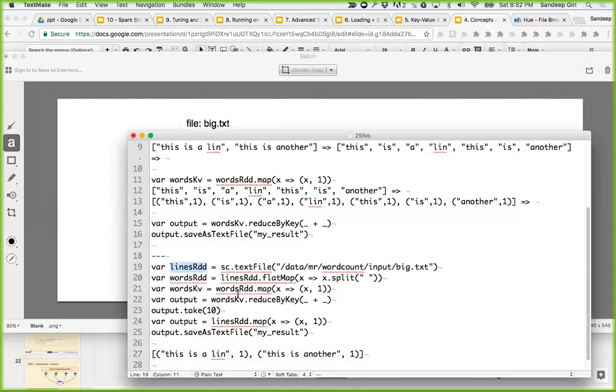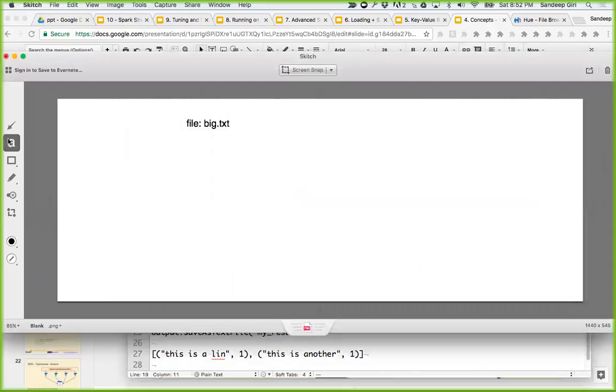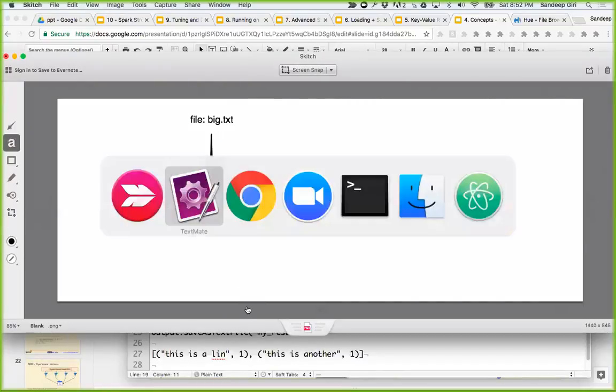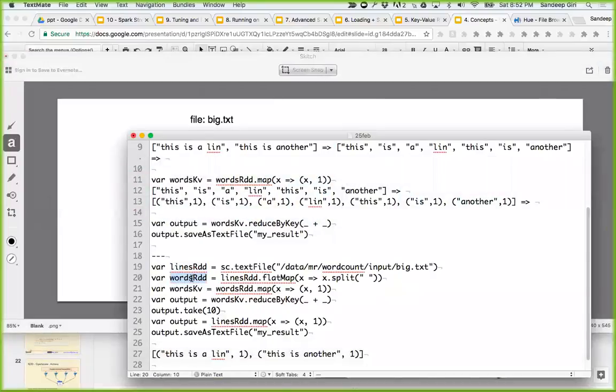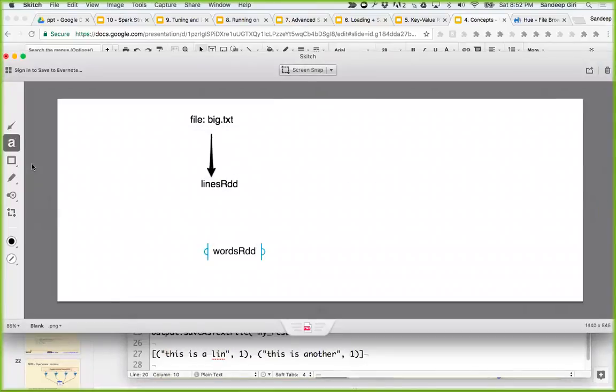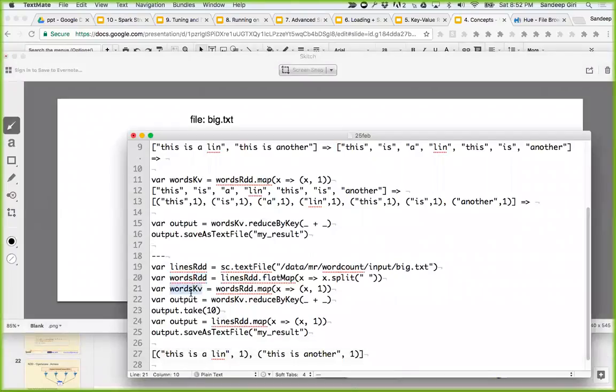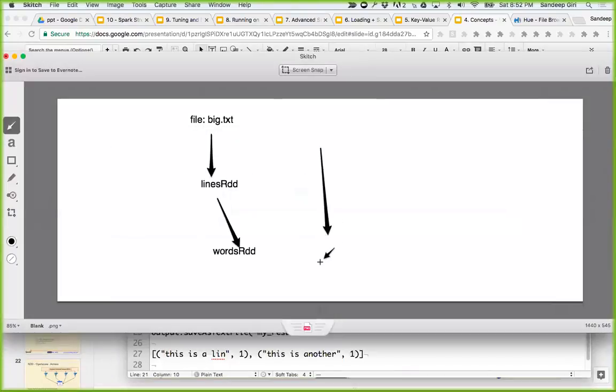And then we have lines RDD. After loading this file, it will create lines RDD. So this is a dependency graph. Who depends on who? That's what it is. So we have this, and then we have,